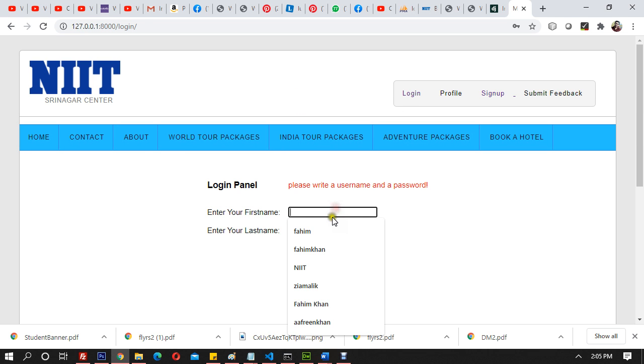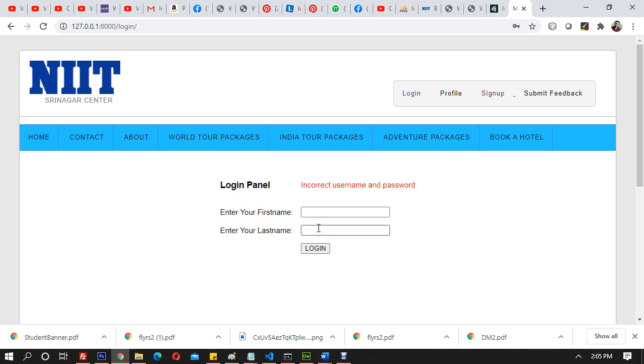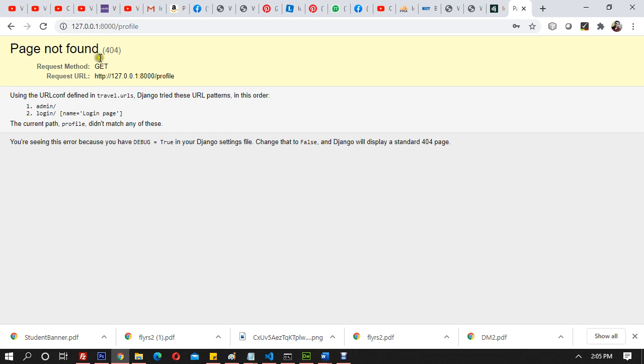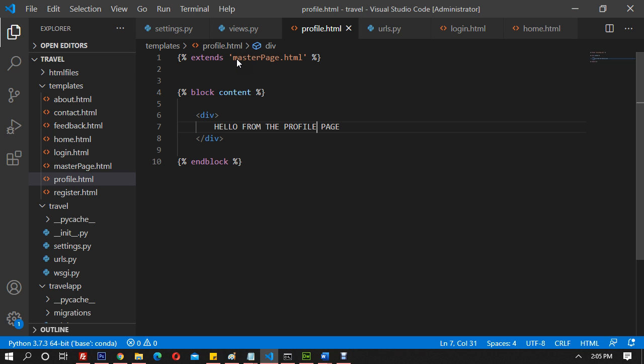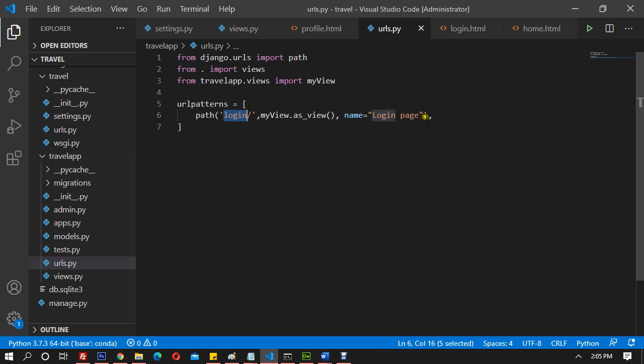Please write a username and a password. When I write wrong, we get incorrect username and password. And if I write correct, I'll say NIT and I'll get password. So if I write everything fine, I'll be redirected to profile. We know that we have not defined profile yet in the urls.py. So first things first, we have to define this right here. Right, so I'll say if anyone who types